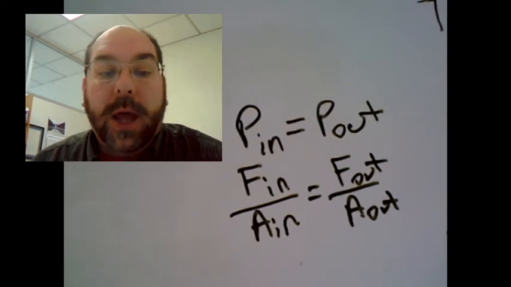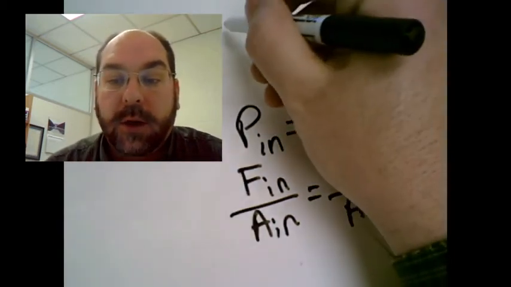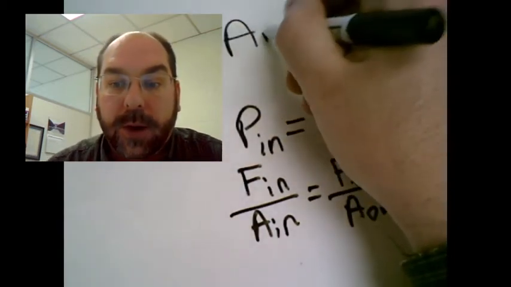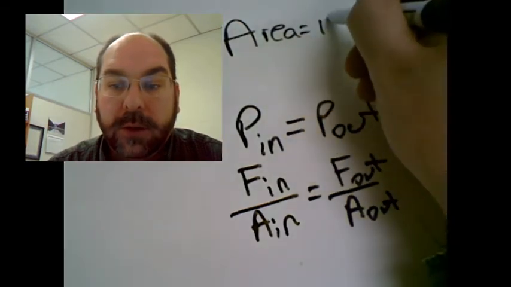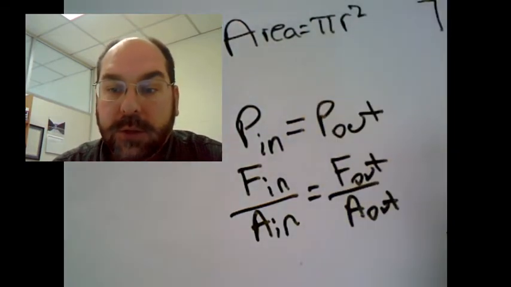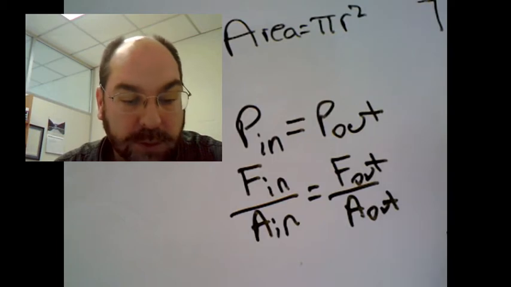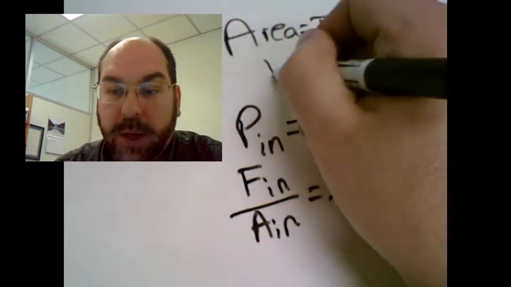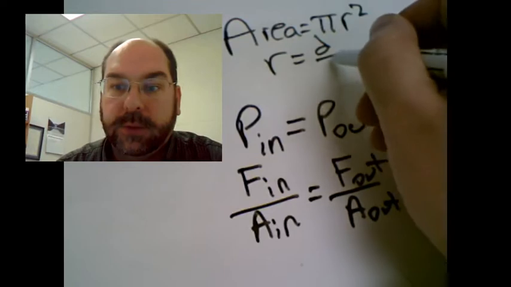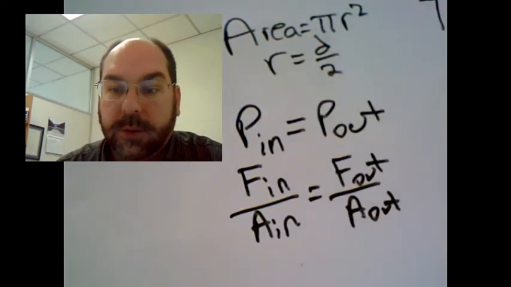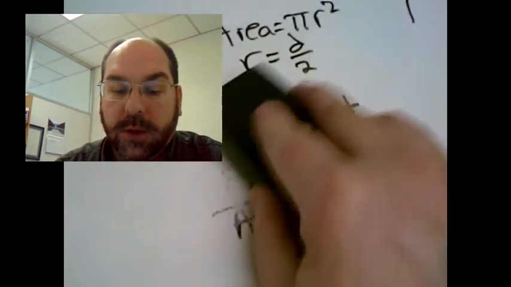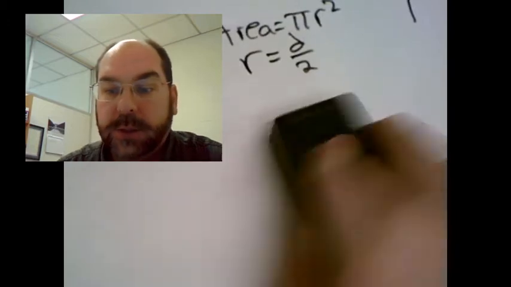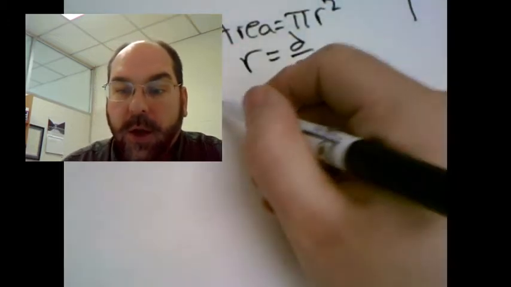Alright, so now if we're going to do area, we need to know the area. The area of these two cylinders is going to be pi r squared. They didn't give us the radius, so radius equals diameter over 2. Okay, we can do this. We just have to make a little room here. Alright, so